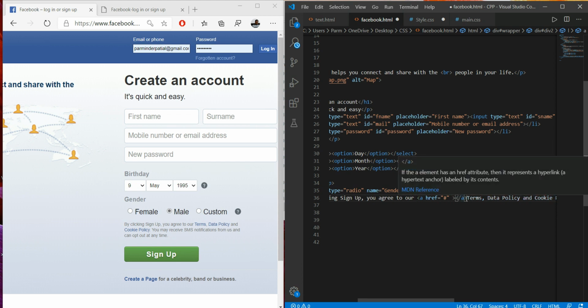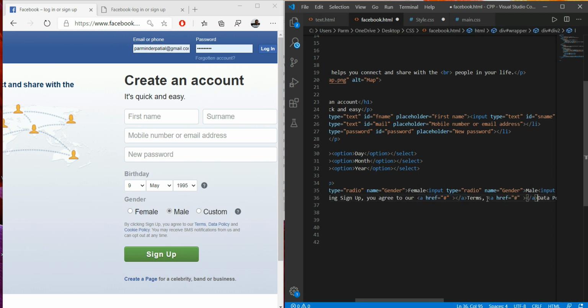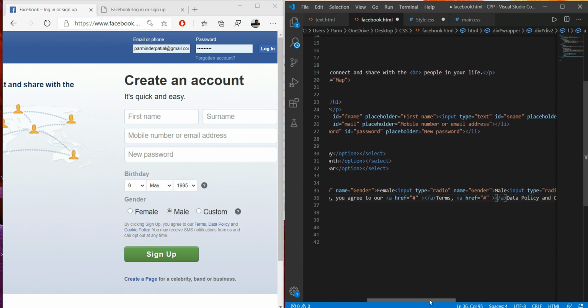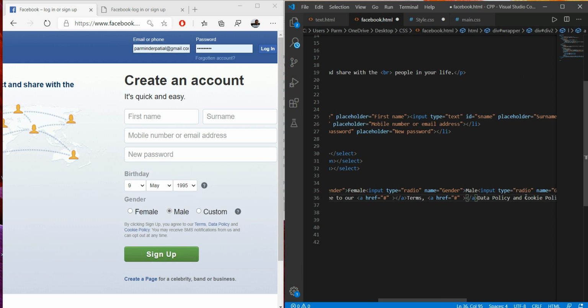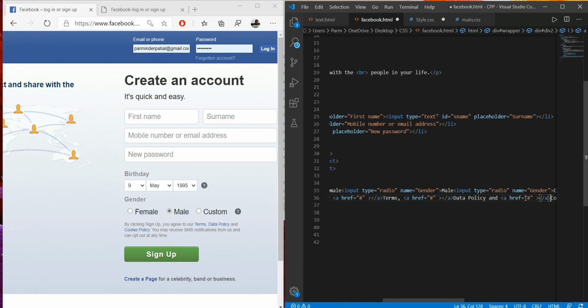What I will do, I will copy this, Control C, then here I have to put Control B, then terms, data policy, and cookies policy, Control B over here. So Control X and paste it here, then again cut it from this, Control X and paste it here